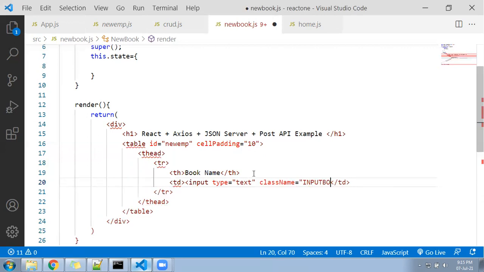I have created a class called input box in my index CSS file. You can write your own class according to your need. You can design it as per need, the design is not a big matter. So this is ready.